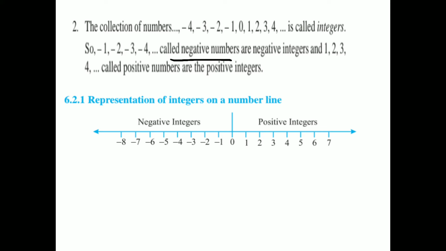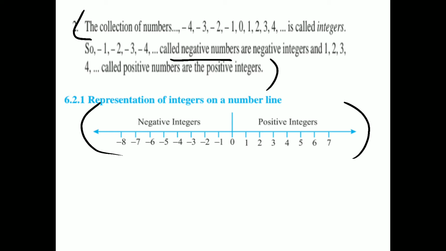-1 is a negative number. They are negative numbers, so that's why we call them negative integers. 1, 2, 3 are called positive integers because they are positive numbers, and 0 is neither positive nor negative. Clear? So you have to write this definition in your copy also, and this diagram means you have to make a representation of integers on a number line. If you write a positive number, it will be after 0, and if you want to represent a negative integer, it will be on the left hand side. Clear? Keep this in mind.